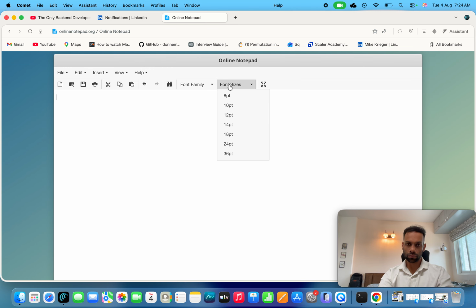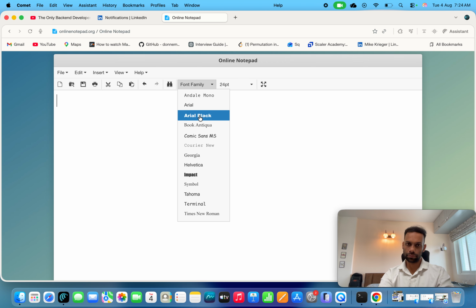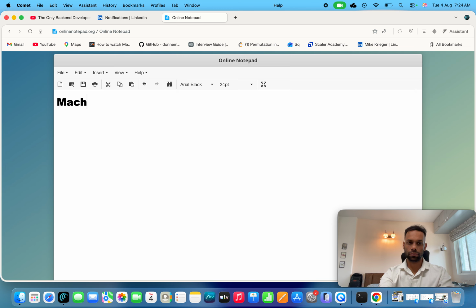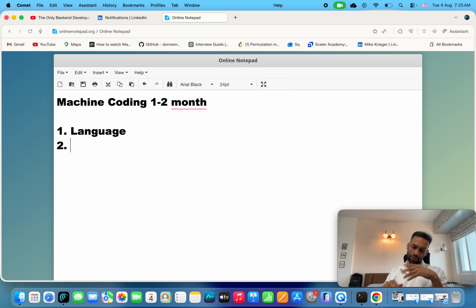Again, it will take just 1 to 2 months and is not a huge topic if you are already a coder. The first thing you should be aware of is your language. Any one language that you should be able to know end to end. It could be C++, it could be Java, it could be anything that you are able to prepare. Second thing is actually your